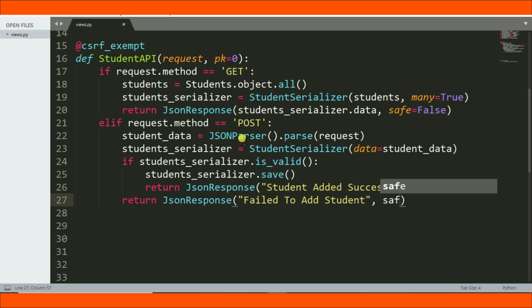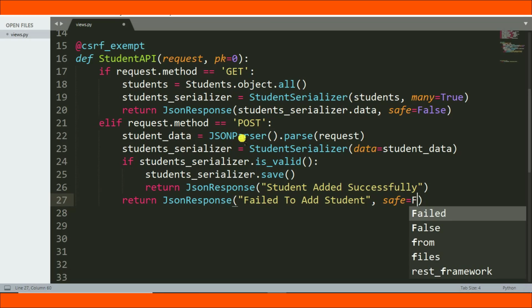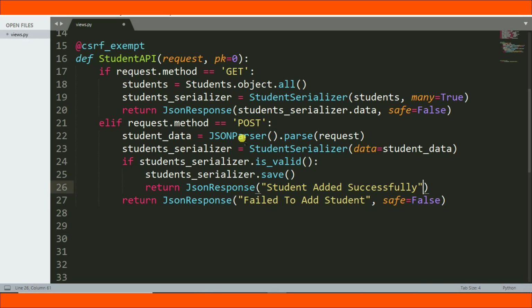Safe is equal to false, and here safe is equal to false. So we are done if the request is post, but if